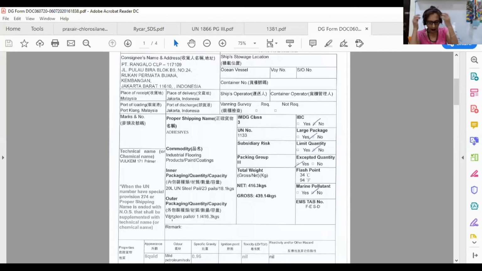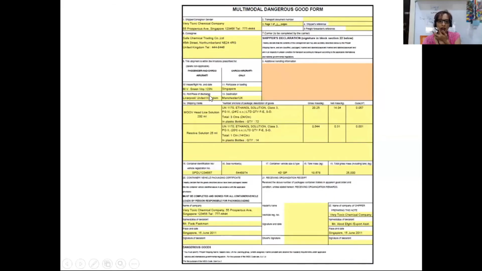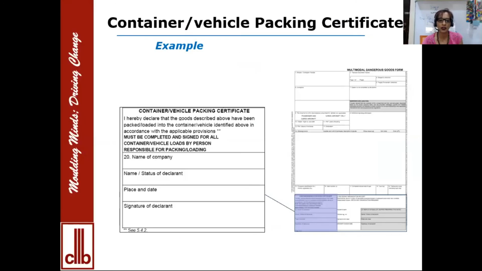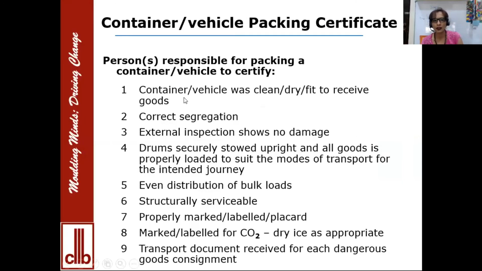I guess the point I'm trying to make in this 15-20 minutes of discussing this is that the carrier does everything to protect itself from liabilities. When the rule tells you that you need a CPC to accompany the dangerous goods, what the carriers have started doing is incorporating the CPC portion into the multimodal dangerous goods form. So they protect themselves in that sense, saying that they have already informed the shipper that the shipper has to follow these conditions, which is doing an interior, exterior inspection, generally doing all the audits of a CPC